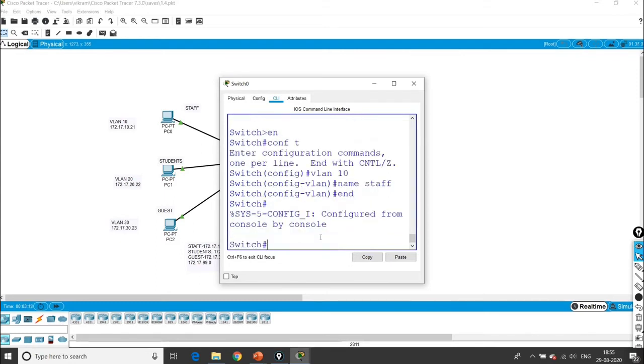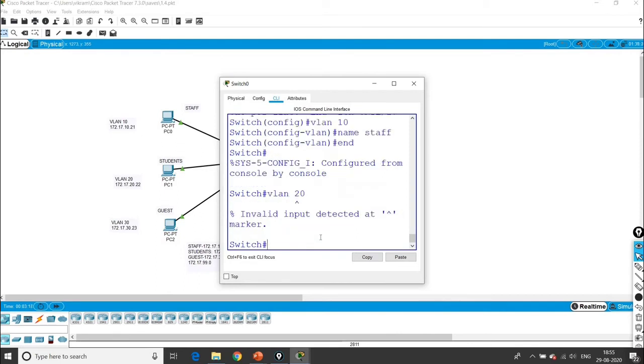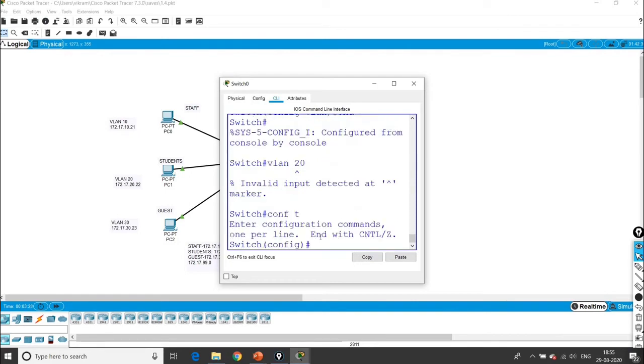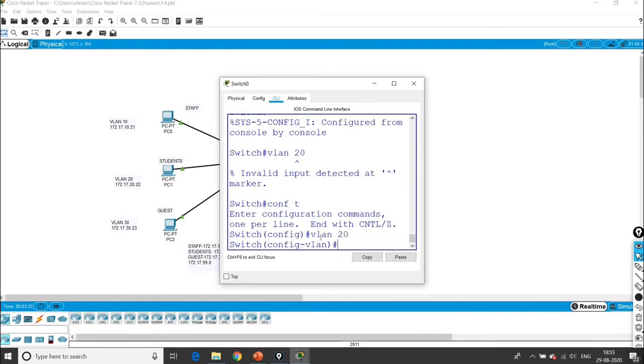Similarly for VLAN 20, go for configuration mode. It will always go to privilege mode. So VLAN 20 and name student.